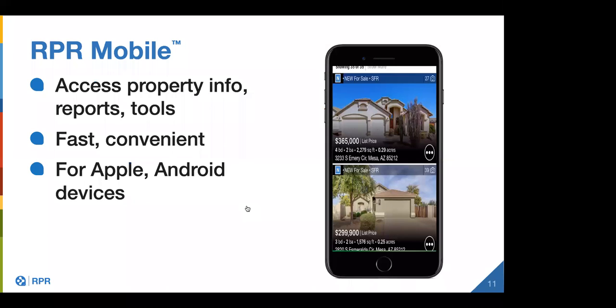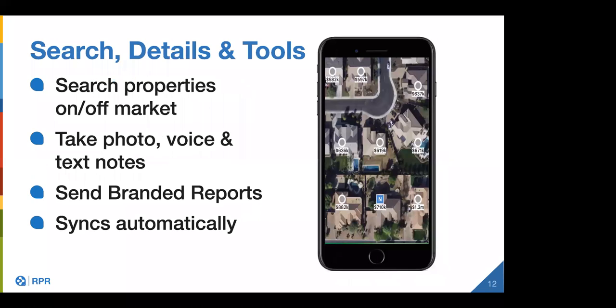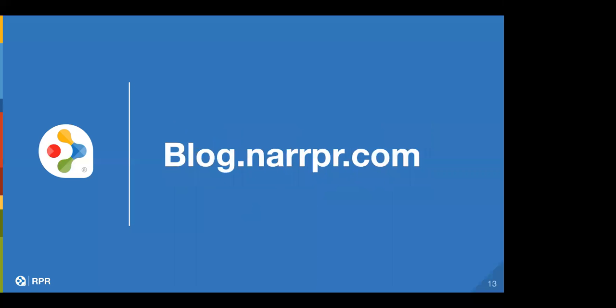You can also download RPR Mobile through your Apple and Android-based devices as well. Through RPR Mobile, you have access to on and off market properties. You can add photo, voice, and text notes. You can send branded reports, and it does sync automatically with your desktop. For more information relating to RPR, you can visit our blog at